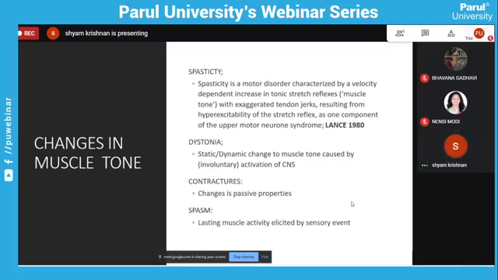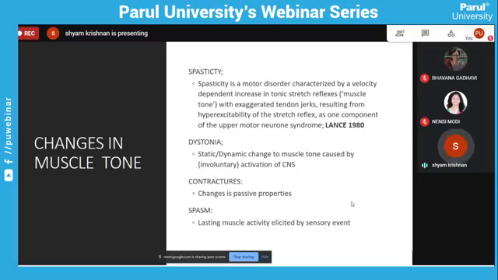Again, it is not dependent on the velocity of passive movement, but it is elicited because of a sensory response which is other than joint movement. Your foot contacting the floor is basically an exteroceptive stimulus. So in response to an exteroceptive stimulus rather than a proprioceptive stimulus, there has been an elevation in the muscle tone of certain muscles.